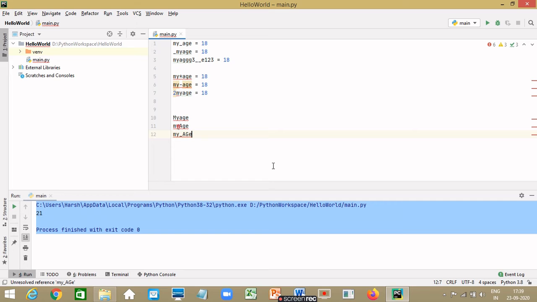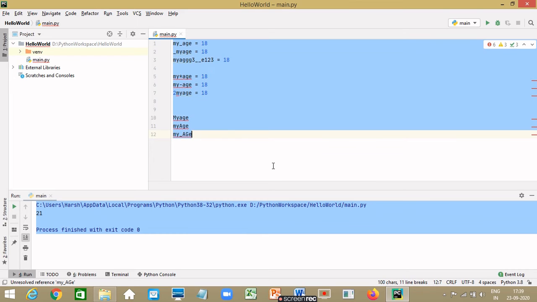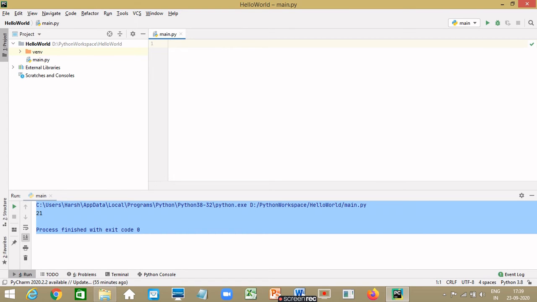So this brings us to dynamic typing topic. One of the most important feature of Python is that it's a dynamically typed language. It means that a variable in Python is not specific to the type of data. It's possible to change the type of value. So suppose, let's clear all this. Suppose I have a variable called my_number whose value is 21. So this is an integer type, that is numeric. Now, if I go and change the value of this variable my_number to a textual value, that is xyz. Now this is a textual value.